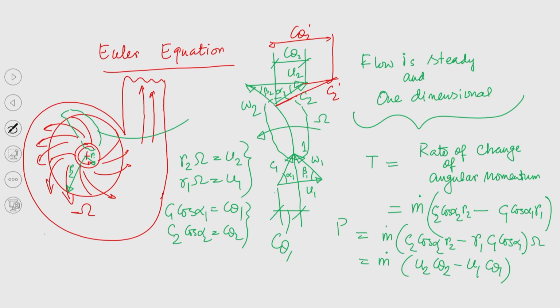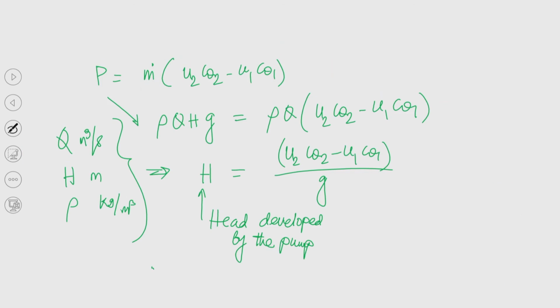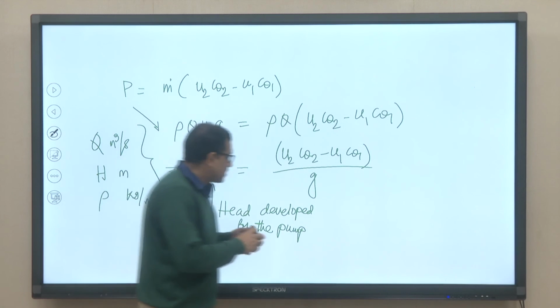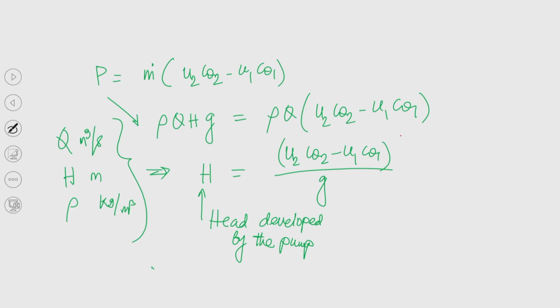In that case, leaving loss will be high, that is half mc2 square. So, again we cannot go for that. So, the option is that if we cannot increase u1, I mean if we increase u1, then what will be the problem? Problem will be h will be reduced. So, we can reduce h1 u1, that means we can reduce r1. So, again we cannot go beyond a particular value. So, objective should be if we can make this quantity negative, or at least if we can make this quantity 0. So, those parts we will be discussing later, but at least before I complete today's discussion, I would like